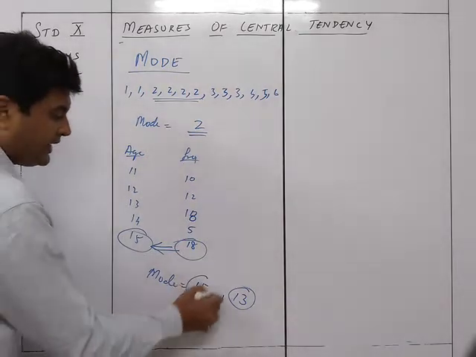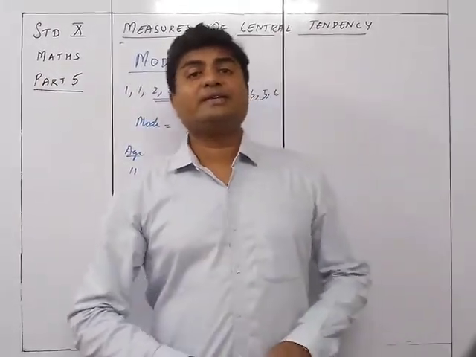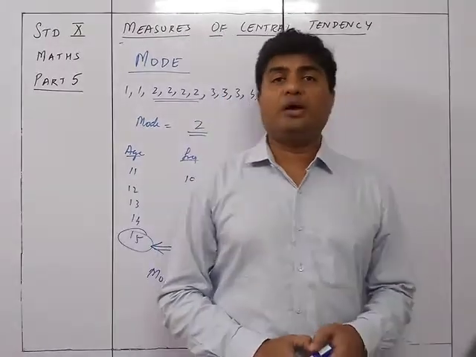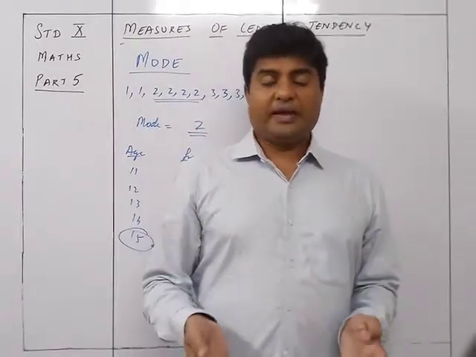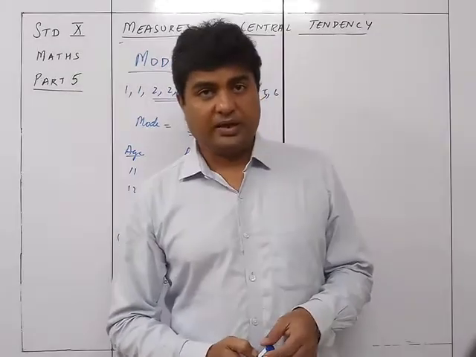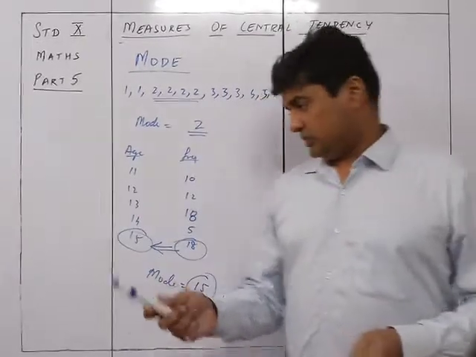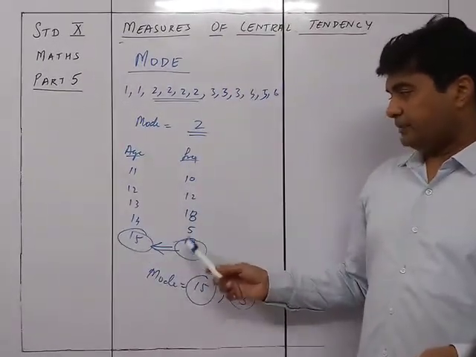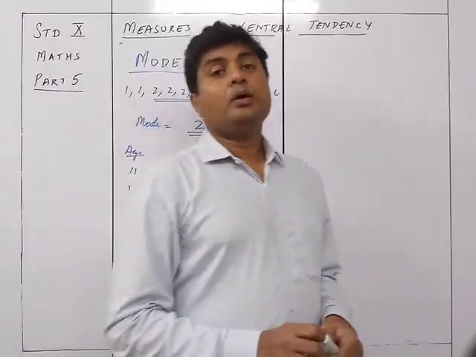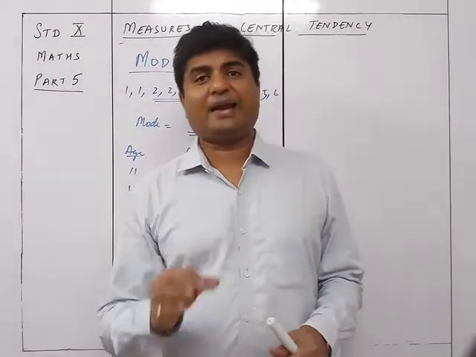Okay, that means there could be two modes of the same data, because the mode is the maximum frequency, and there could be two such values which have the same frequency and are the biggest ones. Then the mode can be two modes, that is 13 and 15, because both are 18. Okay, so that is about the ungrouped data. If it is ungrouped data, we can find the mode directly from the one with the maximum frequency.